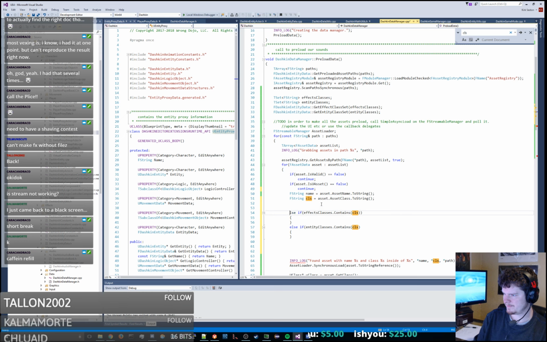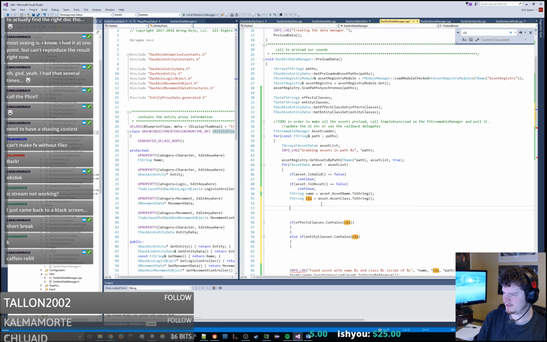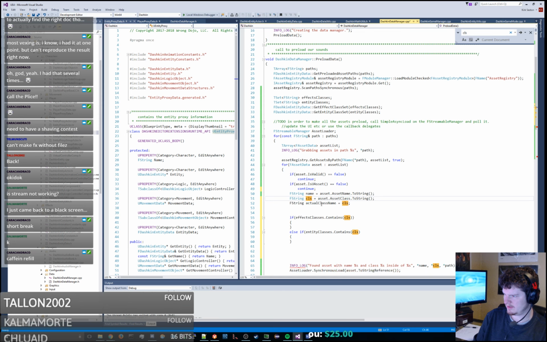Basically, we need to find the actual class name. So it's like actual class name equals CLS, and if actual class name is blueprint,